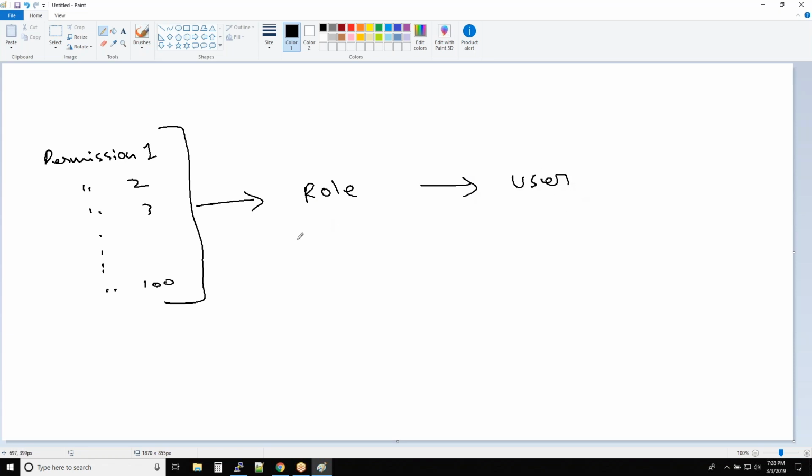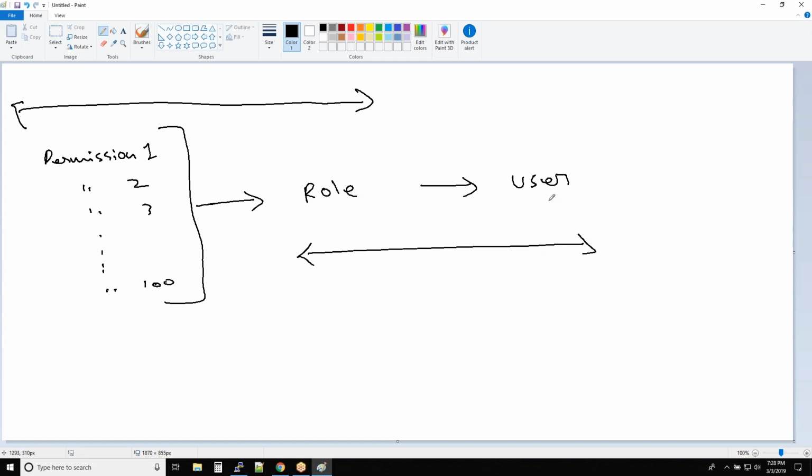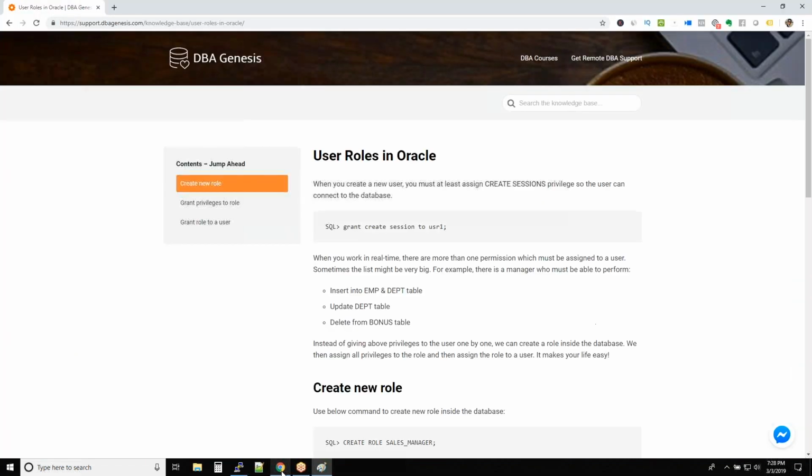So there must be some base tables or views that allow you to look at the relation between the permissions, roles and user, like which role is assigned to the user, and also which permission is assigned to the user, correct? And definitely we do have these kinds of views. So we again have a great article on it. If you just type roles,